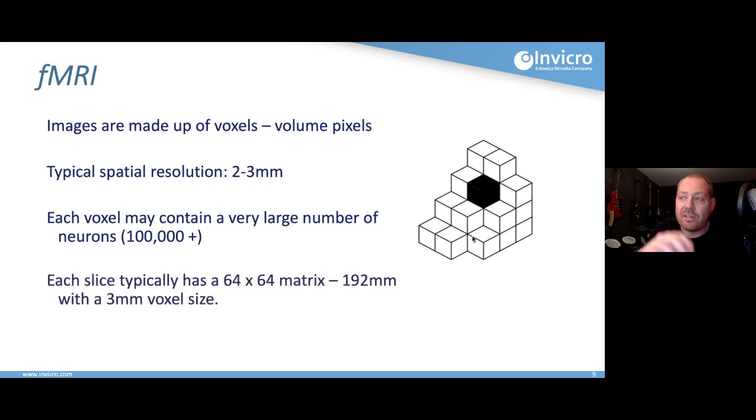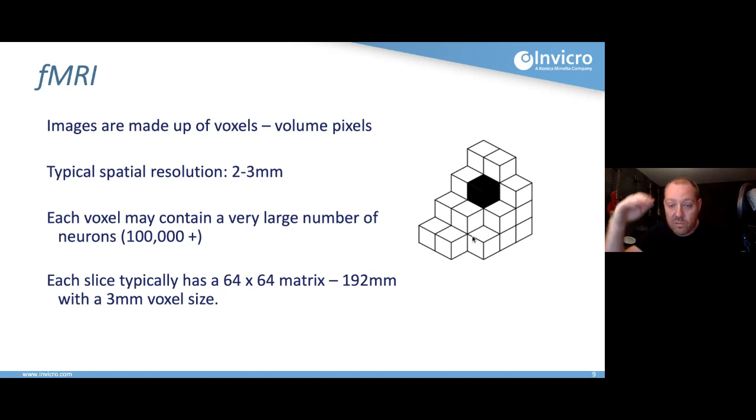And what that means is each voxel really represents the mean of the activity of all of the neurons and synapses within that volume. So we acquire data in slices. Each slice usually has a 64 by 64 matrix. And if you have, say, 3 millimeter voxel sizes, that gives you 192 millimeter dimensions of each slice. And that's usually about good enough to fit over somebody's brain and cover most of their